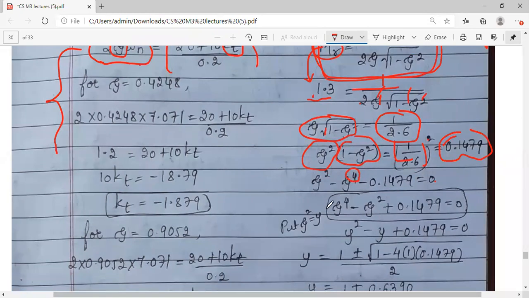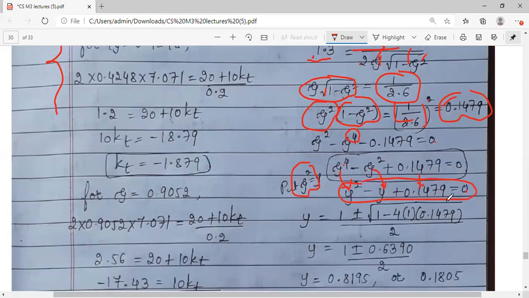So just for simplification, I will take zeta square as y. Maybe you might have used this kind of technique in quadratic equation solutions. When the powers are 3, 4, you use this technique. So you take zeta square is equal to y, then y square minus y plus this constant is equal to 0. So your equation has reduced to a quadratic equation, two roots. So go for minus b plus or minus root of b square minus 4ac divided by 2a. I'm using the formula.